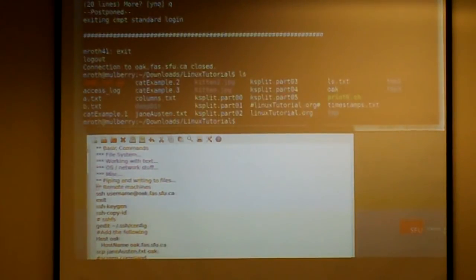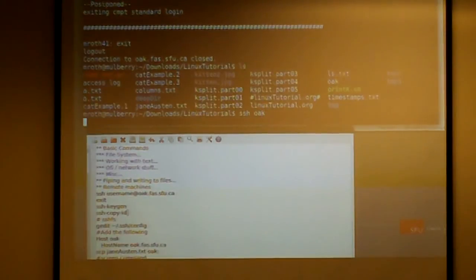So let's take one of these files. Let's see, our default copy activity. So another thing that's handy is, oak.fast.sfu.ca. It's a pretty long name. I don't think you actually need it. Do you need it in here? Yeah, because I'm on the internal network, it can automatically, I think, look up where Oak is. I'm not sure Cecil has